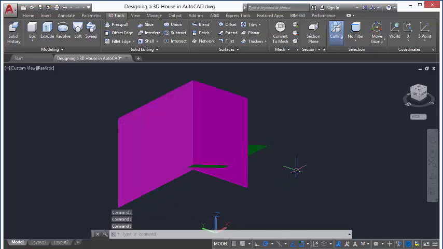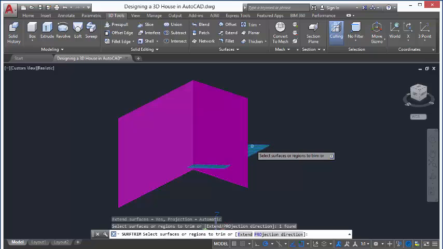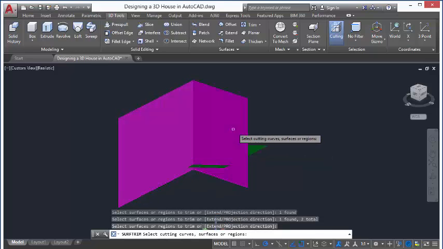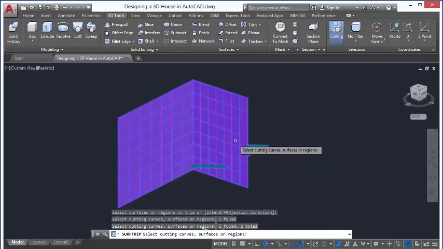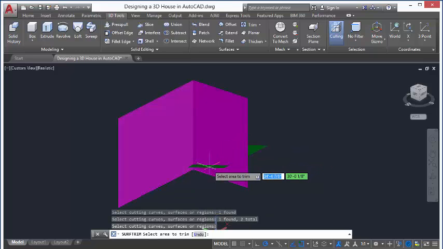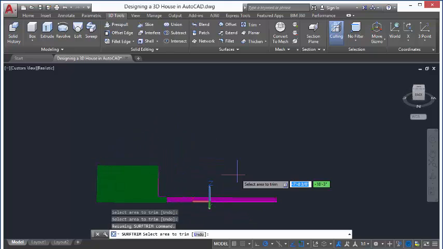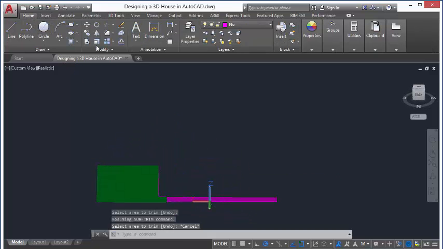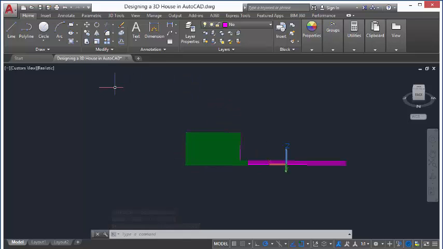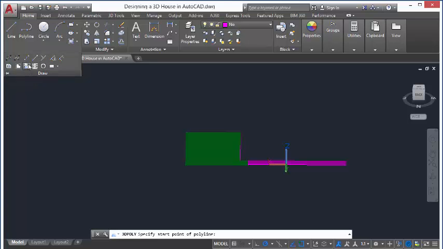Now go to the 3D tools tab, surface panel, and click the down arrow, select trim. Select the two surfaces and press enter. Select them again and press enter for the second time. Now delete the unwanted area. Escape. Go to the home tab. Draw panel and click the down arrow. Select the